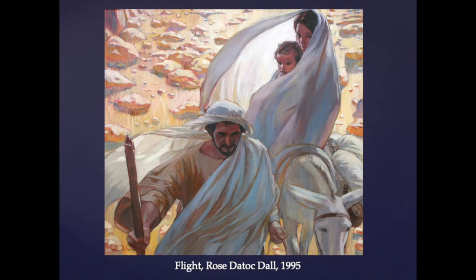The last painting in this series on the flight into Egypt is entitled simply Flight by the Utah painter Rose Dadak Dahl from 1995. In her choice of color, the color of white and muted yellow showing the landscape of the desert, but the white donkey, the white flowing robes of Joseph and Mary, and the small head of Jesus popping up in curiosity, framed by a halo-like effect of the veil that has sunlight filtering through it, gives this painting a